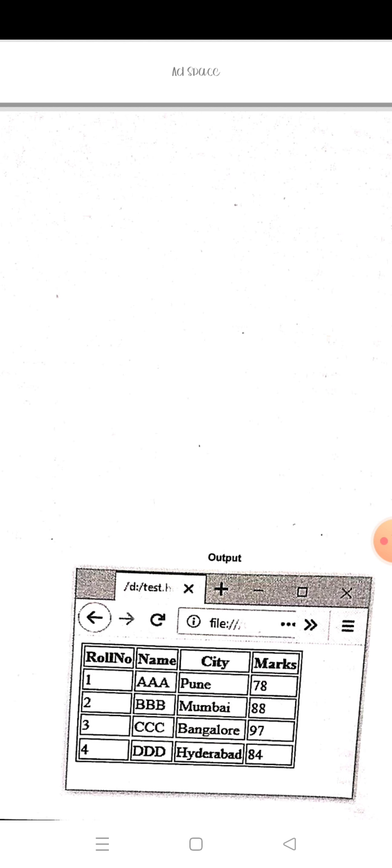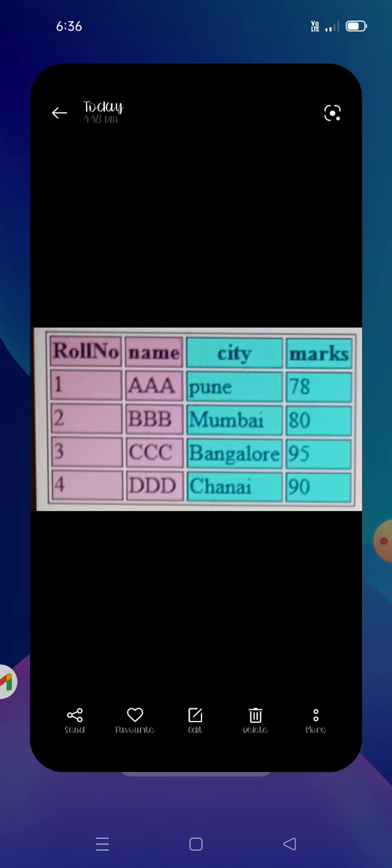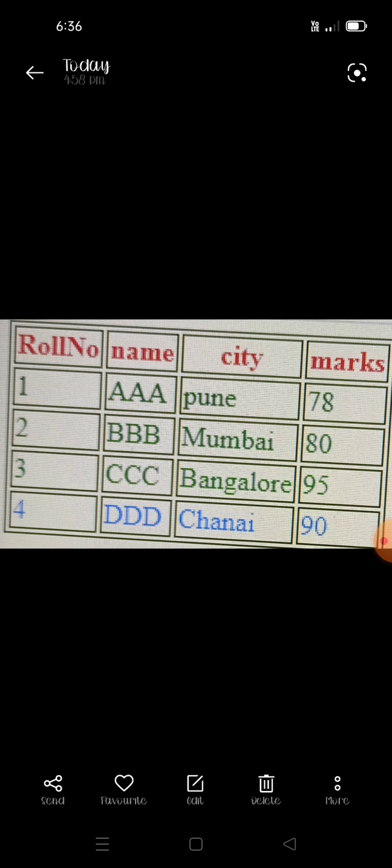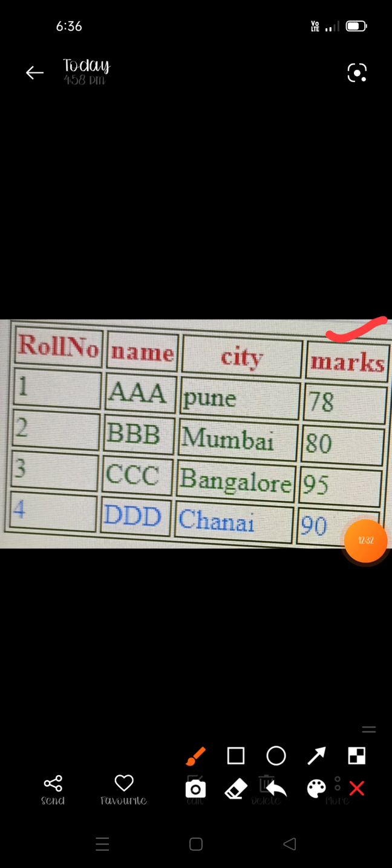This is in black and white, I will show how it looks. So this is the output of that program. Okay, so the table header is red and the table body is in green color and the table footer is in blue color. We described now. So you will get the output like this.